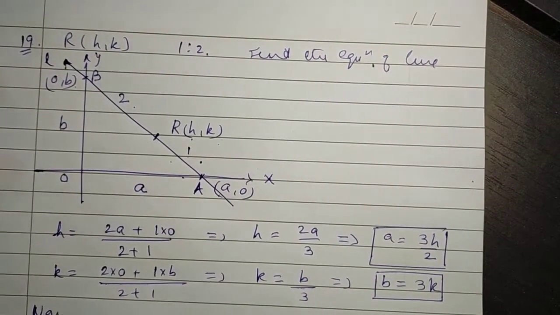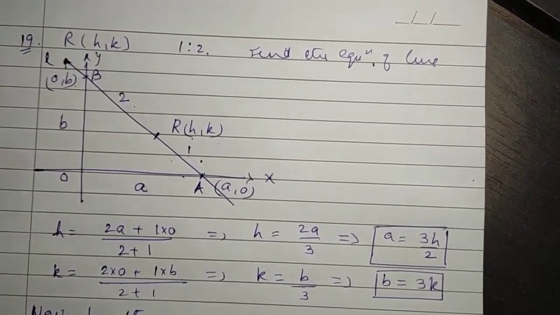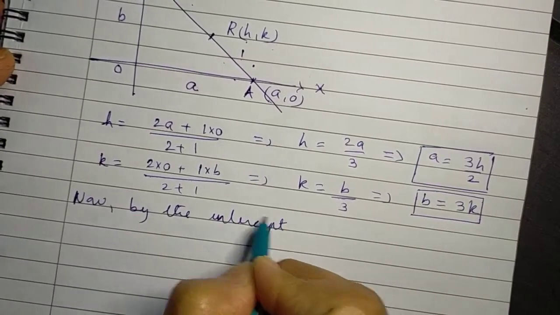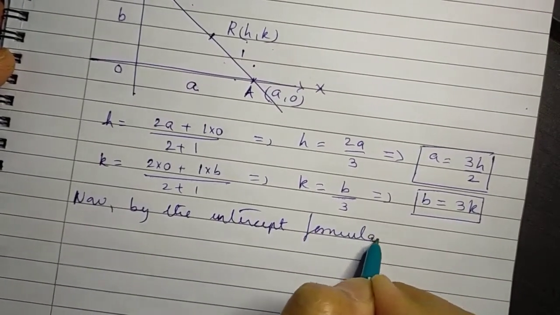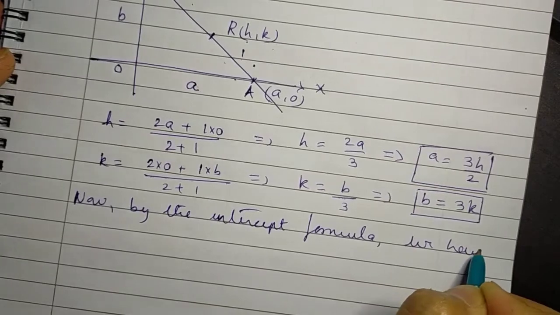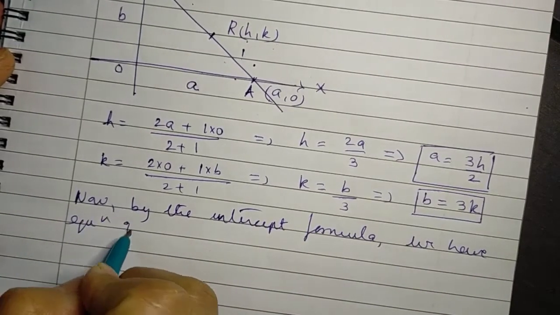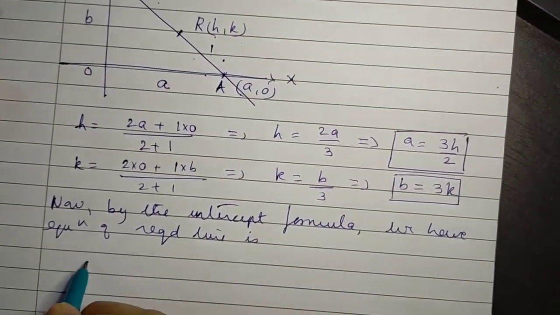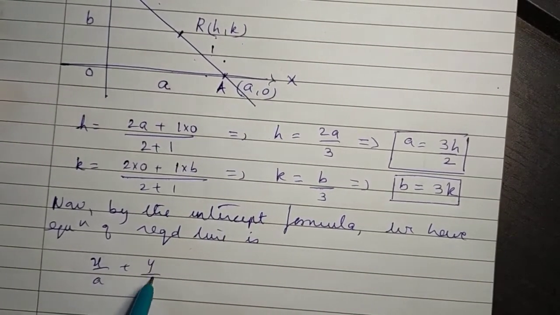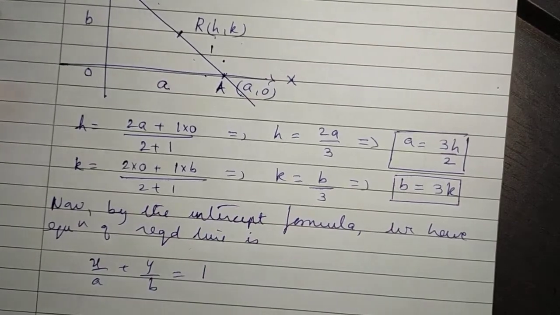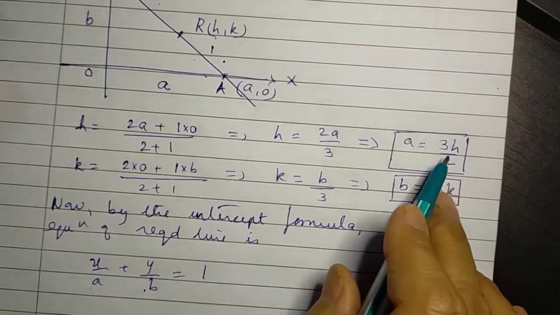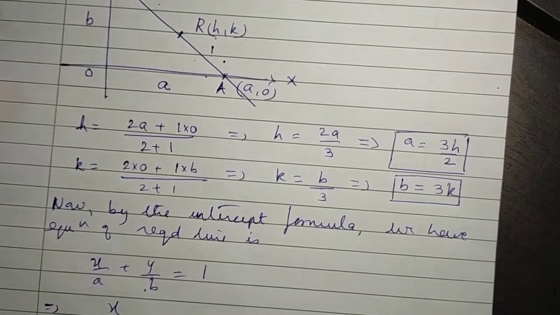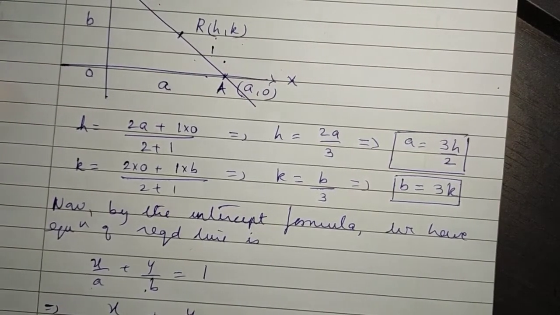Now by the intercept formula, we have the equation of the required line is x upon a plus y upon b equal to 1. Replacing a and b in terms of h and k, we get x upon 3h over 2 plus y upon 3k equal to 1,